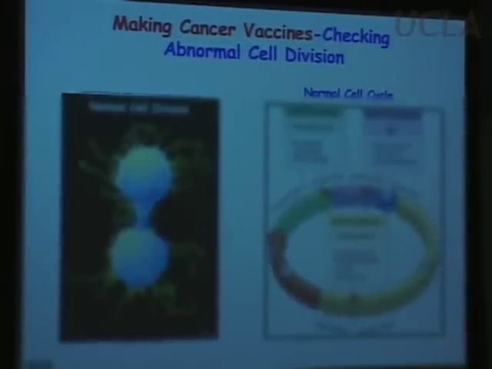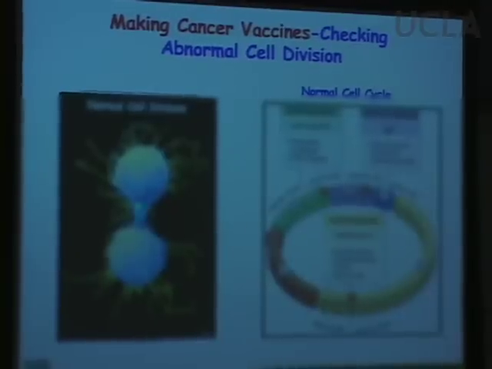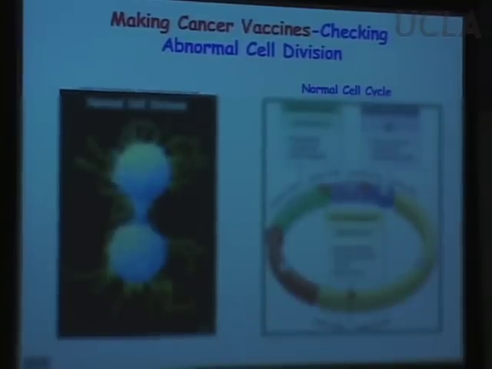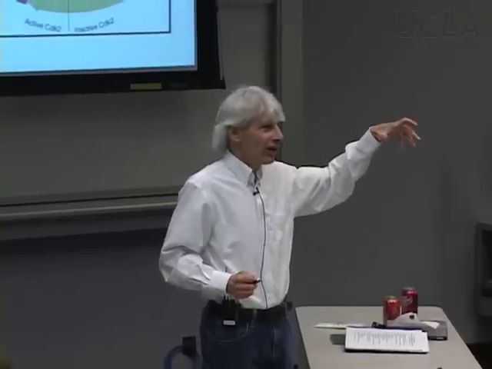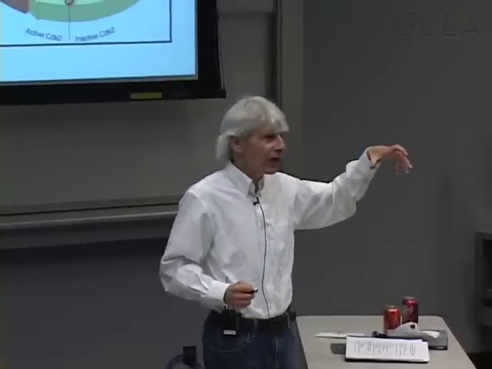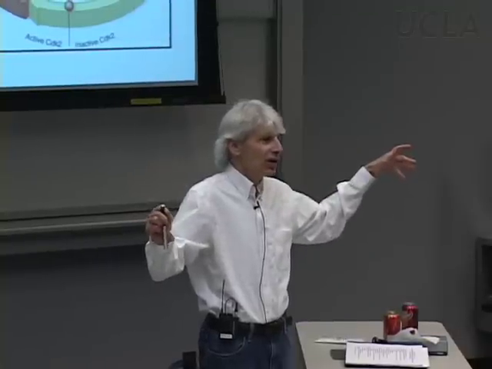And so if one takes cancer cells and let's say injects them into a rabbit or some other system, one can elicit antibodies to the cancer proteins. And those antibodies, if used in the right way, can be used as magic bullets in order to go to the cancer cell and destroy it specifically without affecting the normal cells. And so one would then like to make vaccines using genetic engineering to cancer-specific antigens, to be able to use them as magic bullets to be able to treat cancer and rid an